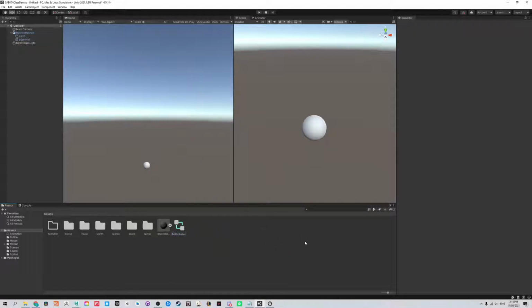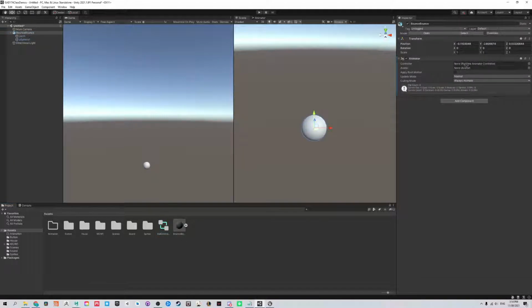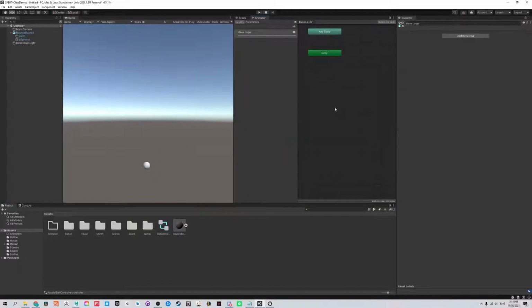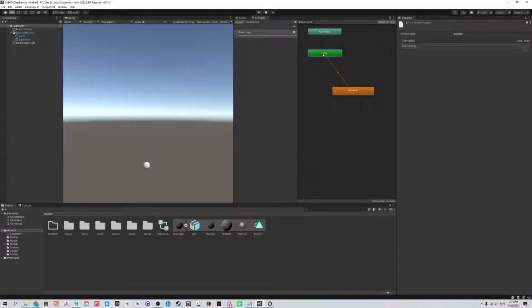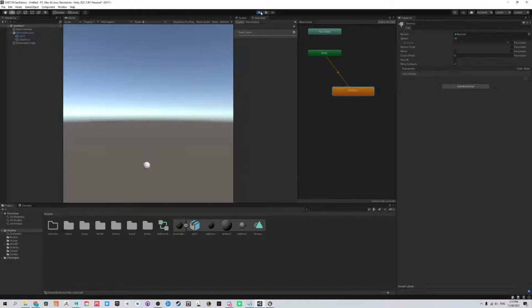Ball controller. Plug that in. Open it up. And in here, I'm going to add my bounce animation that came in with my model. Right, so it's going to straight away go straight into my bounce animation, and I'm just going to pump this speed up 10 or something. And then when I play,